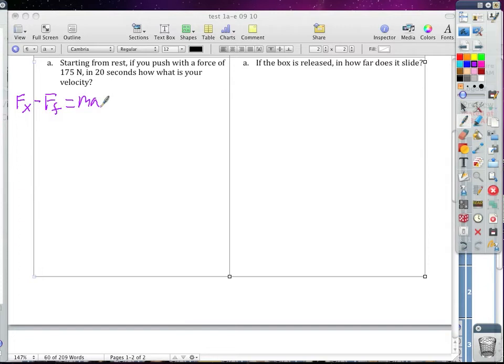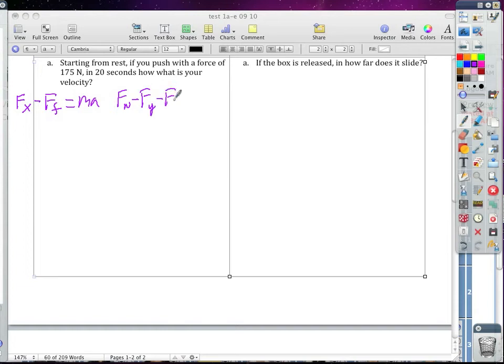Right. Before, it was moving at a constant velocity. If you're sliding something across the ground and it's moving slow, you push harder, what happens? It goes faster, hopefully, right? Okay, so now we've gone from a 0 here to an ma here. That's the main difference. We still have Fn minus